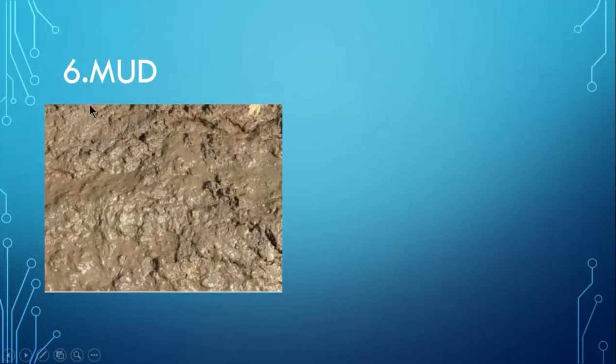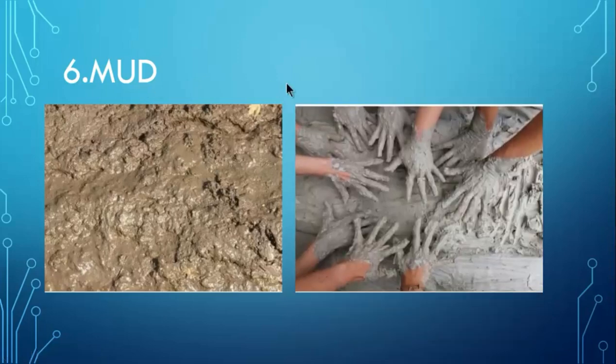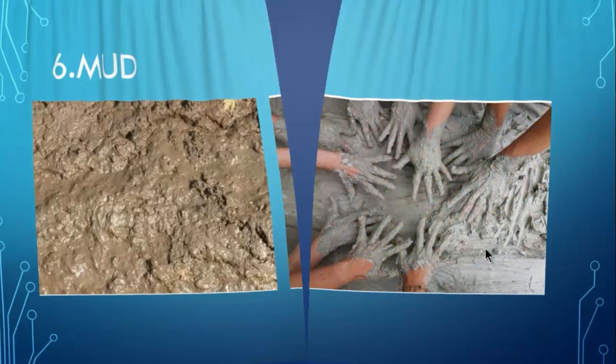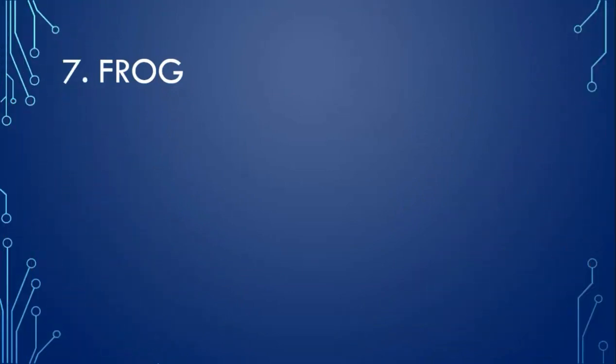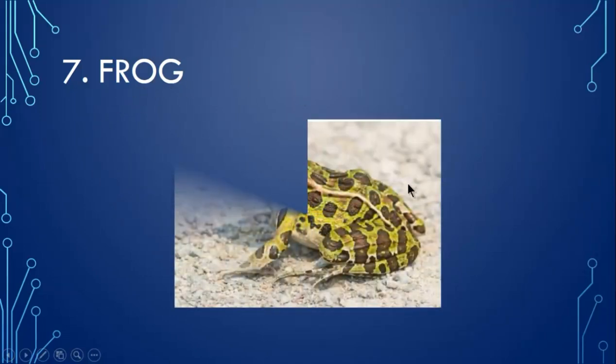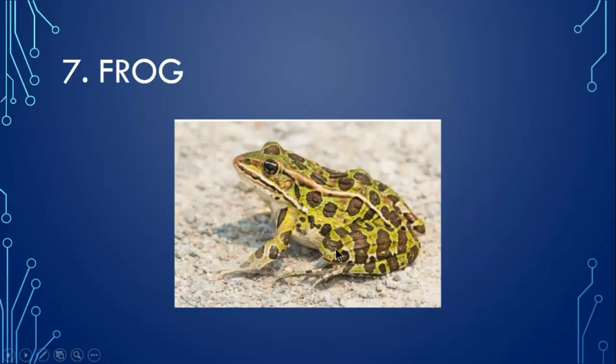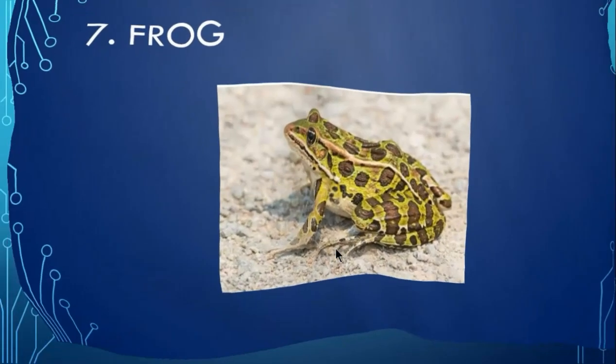Now the next one is MUD. Mud. Now it is the rainy season. So what is happening? Yes, in Gujarati it's kicchad, garo. Then what do we say in English? MUD, mud. And many of the students like to play in mud also. I also like to play. Next, see, now it is the rainy season, muds are there, and then what will come? Frog. FROG, frog. In our house you can see this type of frogs and you get worried, don't you? Yes, this is a frog. Now next one.